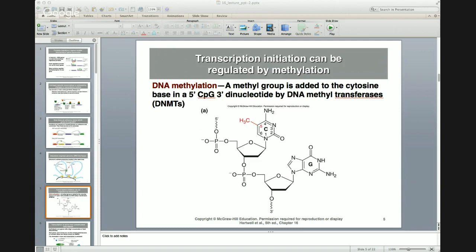Methylation occurs at regions known as imprinting control regions, which will silence gene expression. Remember we said there's an inverse relationship between methylation and gene expression. Genes that are imprinted have regions known as ICRs, or imprinting control regions, and these can be methylated. If they're methylated, then it silences expression of that gene.